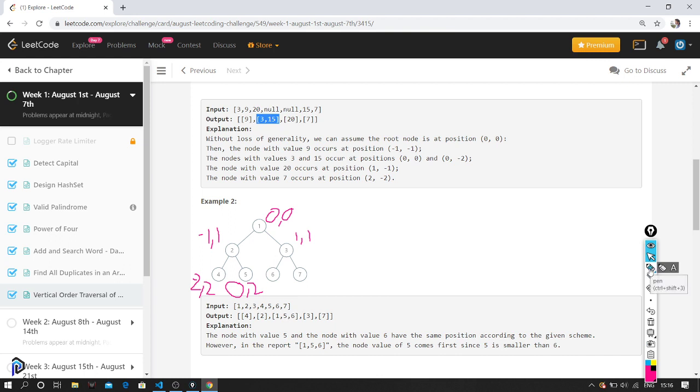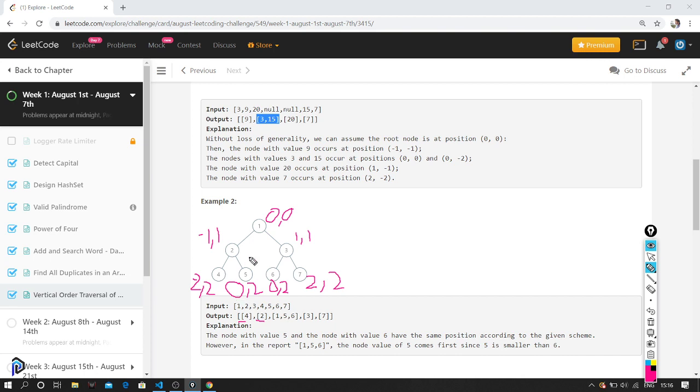I'll also complete this table and then let's go to the code. This is just to help you understand the problem. And we are currently at 1, comma 1. So from 1 we'll minus 1, so it will be 0, comma 2, which is the level. Okay, and from 1 we'll plus 1 when we are going to the right. So it will be 2, comma 2. So you can see all the column values which are the same will be together. So in the minus 2 column we just have 4. So 4 alone will be there. In the minus 1 column we just have 2. So 2 alone will be there.